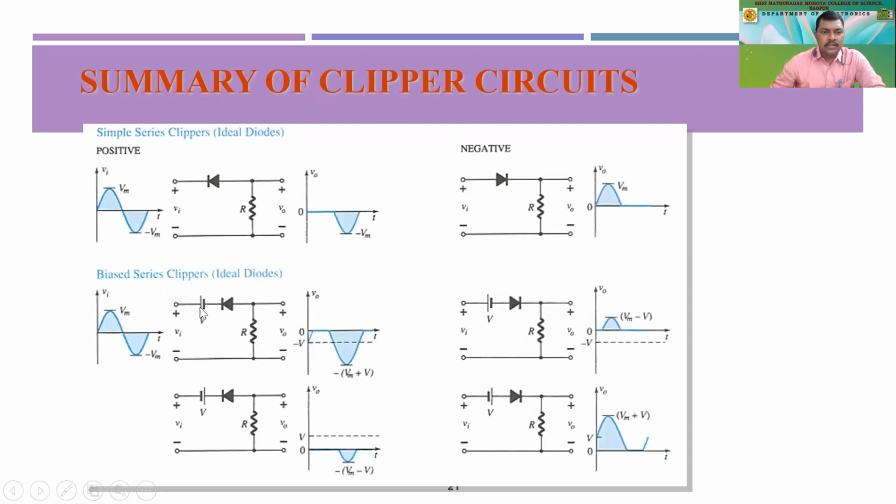Here these are the negative clippers. This is a rectifier circuit, positive half, this is negative half clipping. Positive half means the positive half is clipped and negative half means the negative half is clipped. So here in the output we have the negative half, here we have the positive half. Bias clippers we have studied, so we can bias and accordingly have the voltage according to our requirement. These are the series clippers and these are the positive clippers, right? These are negative and these are positive clippers.